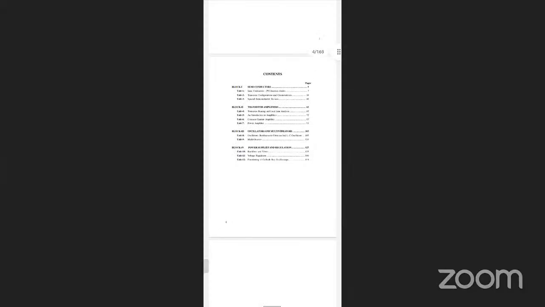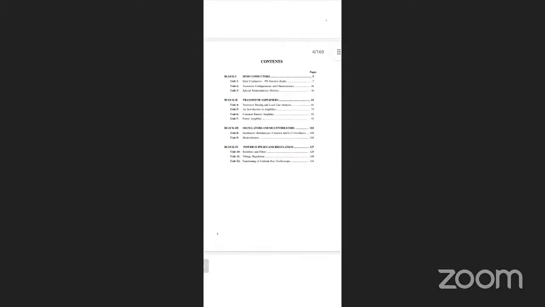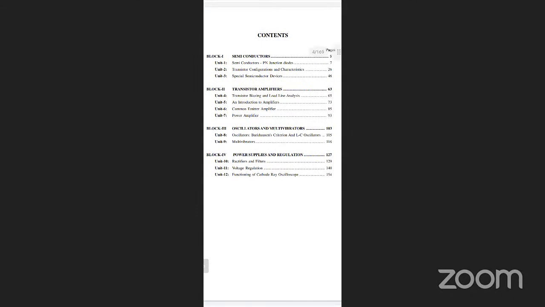4 blocks here. Includes semiconductors, transistor, amplifier, oscillators and multivibrators, power supply and regulation. Okay,